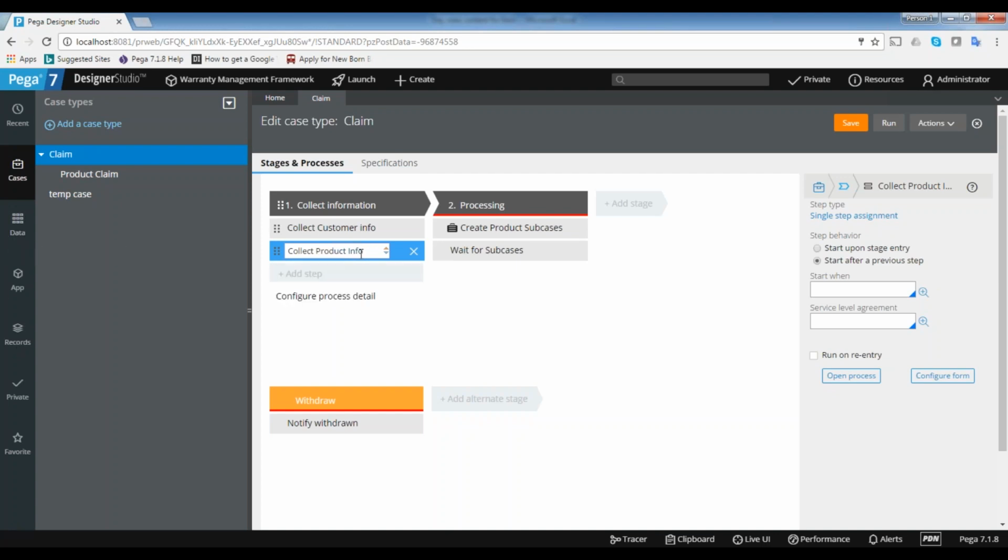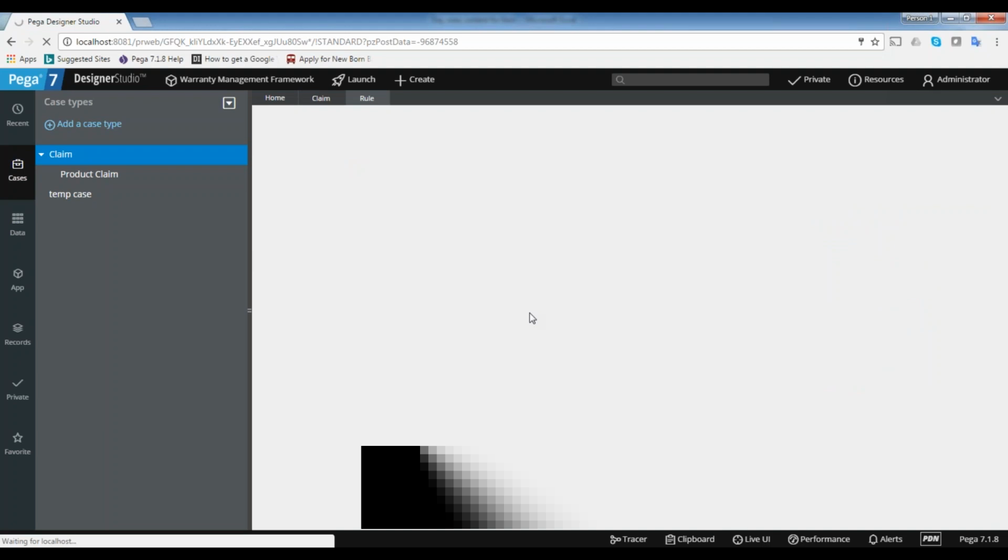If you want to build a complex UI, you cannot build it using the case designer. The case designer is helpful only up to some extent, but if you want to build a complex design where we can use a database as a source, we cannot build that. So you need to do it manually. Let's open the process. We want to do it manually, so you need to create all the rules.